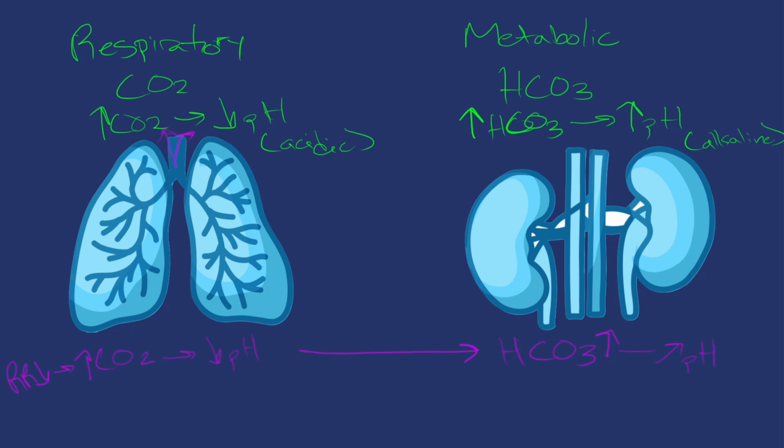And that's what we're talking about whenever you hear compensation in ABGs. And this can happen the flip side too, right? We could do the exact same equation the other way. If bicarb was going up for some reason, maybe we just gave them a whole bunch of bicarb, then the respiratory rate is going to go down because the lungs realize that they need to compensate for this change